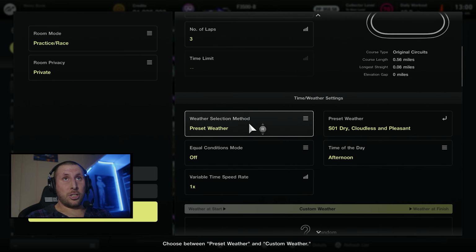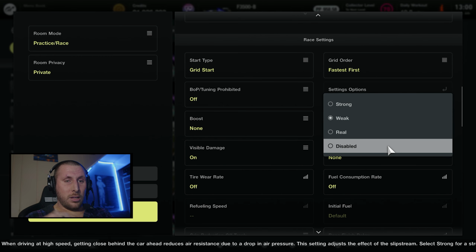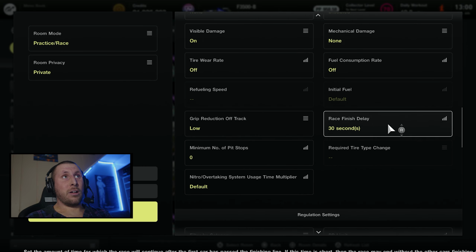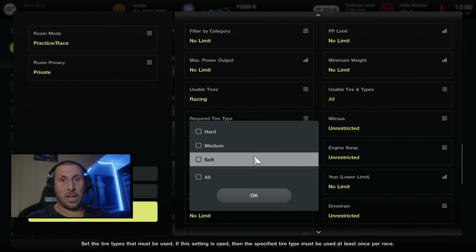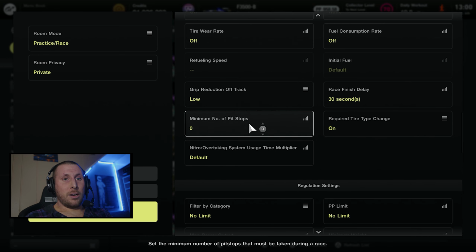A couple of other changes that I am super excited for: there is now a disabled slipstream option, which is fine, but what I'm really excited for is that you now have required tires, a required tire change, and a mandatory pit stop option. So for those who want to run racing softs and end on racing mediums, or want a minimum number of pit stops, this really adds a new dimension to online races,